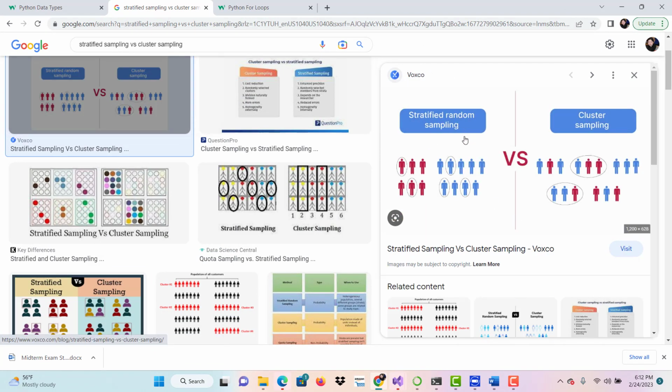In the stratified sampling method, you classify the population into different groups by their characteristics, and from each group you draw a certain number. For example, if you're researching a population, maybe you classify them by races